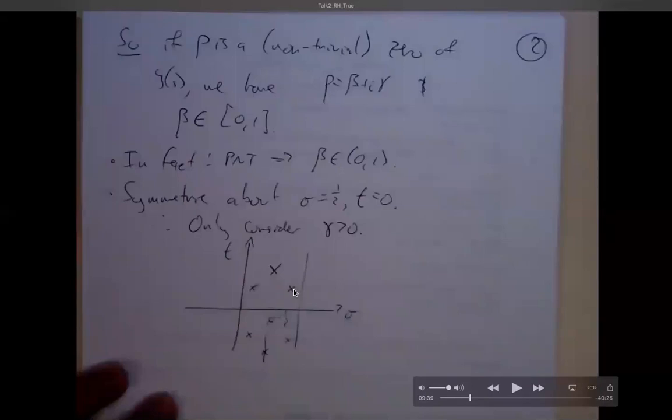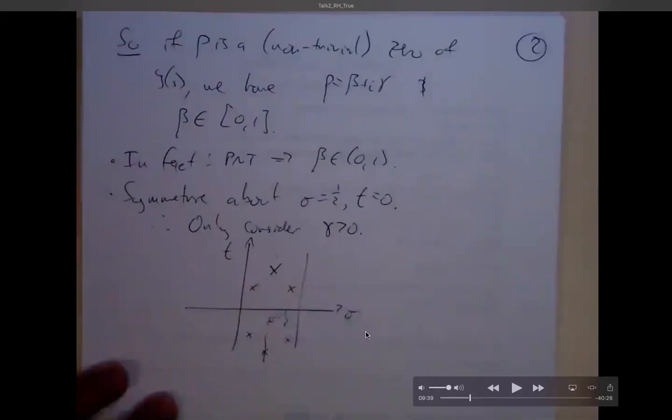If I have a 0 here, well, there's those 2 degrees of symmetry I was talking about. A 0 here means a 0 at 1 minus that point, which is down there. And then because everything's symmetric above and below the axis, I get a 0 here and I get a 0 down here. So I get 4 for the price of 1. One 0 here generates 4. Likewise, one 0 here on sigma equals 1/2 generates 1 downstairs.